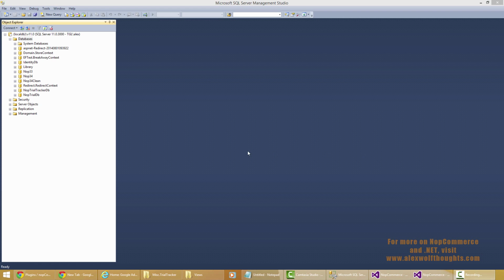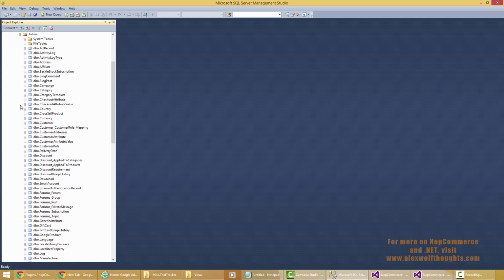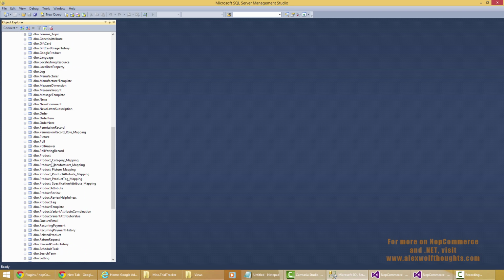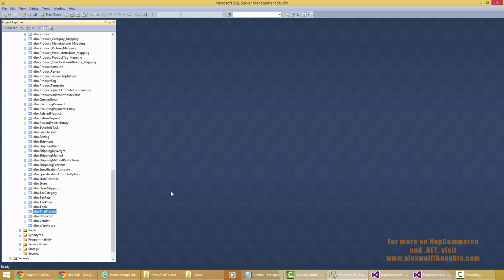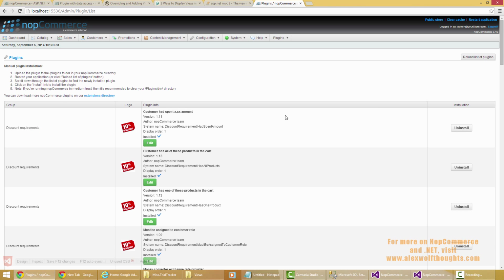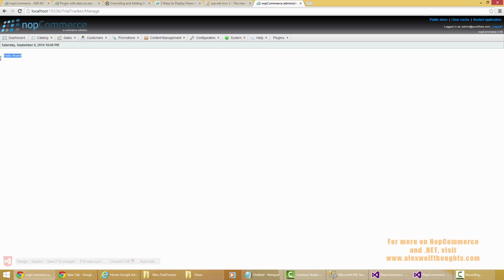If we actually look at our database, we can verify that that table for our trial tracker actually was created. So you can see we've got dbo.trialtracker, and it's got our columns, so we're good to go on that end. And if we go back to our plugin screen and we head over to the trial tracker management page, we get hello world. So it looks like we're in pretty good shape,